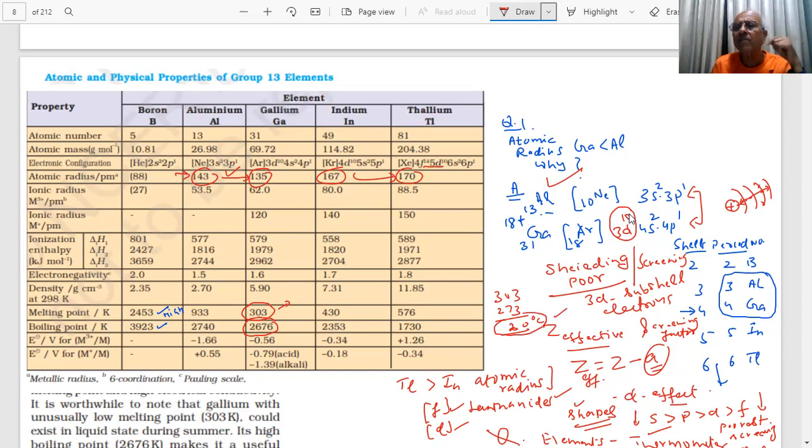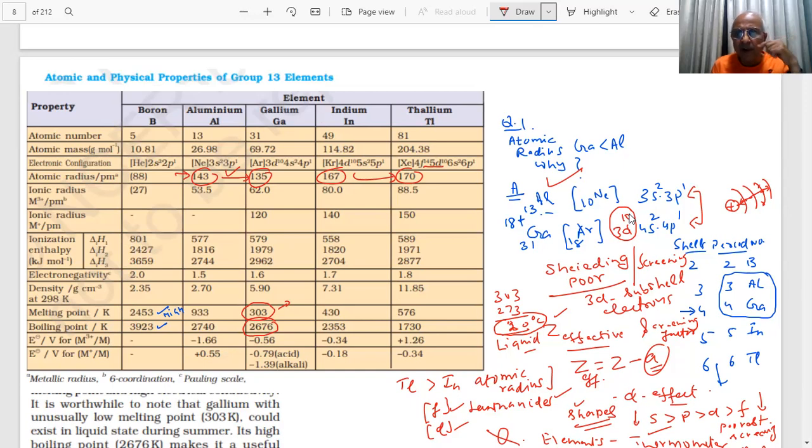What is the temperature right now, student? It is more than this. Yes, sir. That means it will be a liquid at this temperature, room temperature. So I can use it, student. Mercury is a liquid. You are using it in a thermometer, right? And it can be easily observed with your eyes.